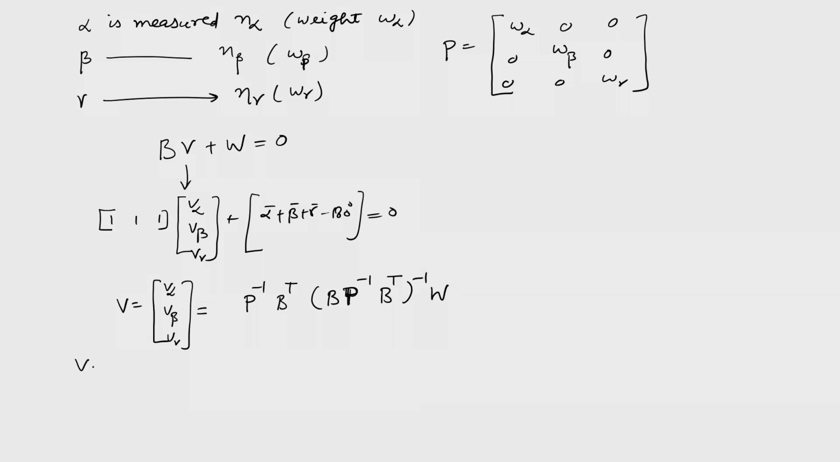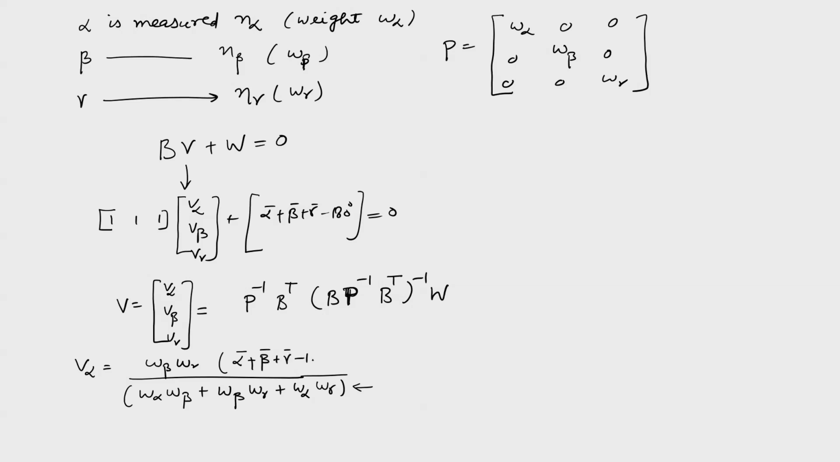I am getting V alpha equals W beta W gamma divided by W alpha W beta plus W beta W gamma plus W alpha W gamma here, and here we have this one, right, and then you get V beta equals W alpha W gamma into